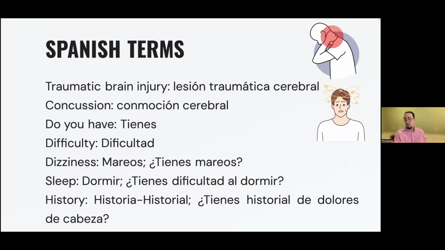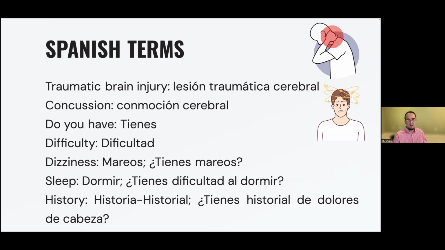So we can do our first introduction of different Spanish terms that we could possibly use in this patient population. In general, as I said, traumatic brain injury is the general term that we classify concussions in. The Spanish translation will be lesión, directly related to injury, traumática, which is traumatic, and then cerebral, which is brain. The Spanish words usually have Latin roots, so some of them make more sense, and we may possibly use them in another patient population.